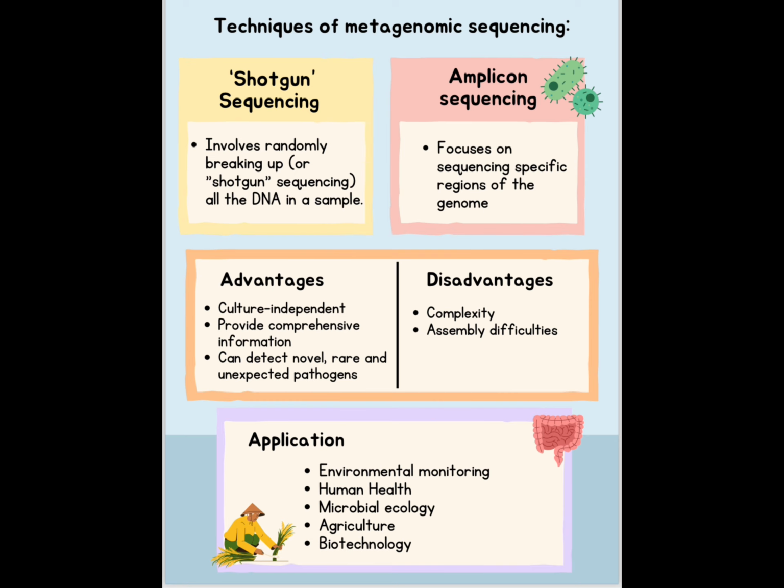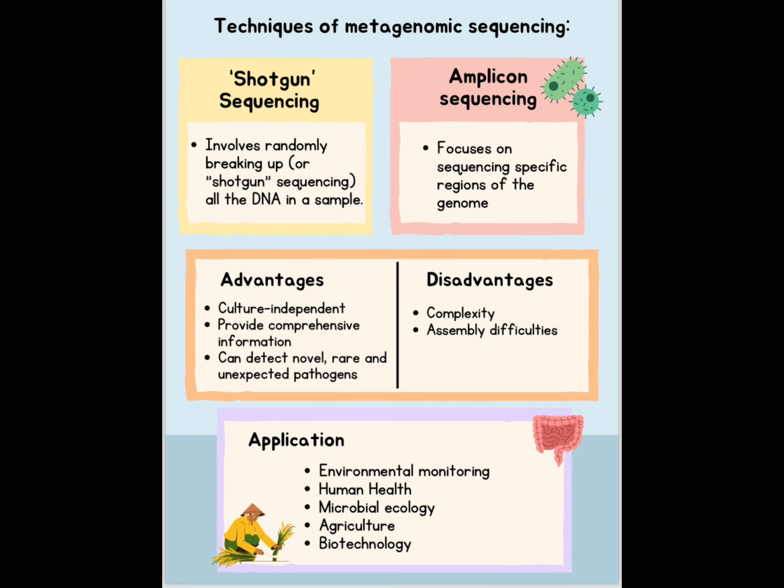So there are two techniques of metagenomic sequencing, which are shotgun metagenomics and also targeted metagenomics. Shotgun metagenomics involves randomly breaking up all the DNA in a sample, while targeted metagenomics focuses on sequencing specific